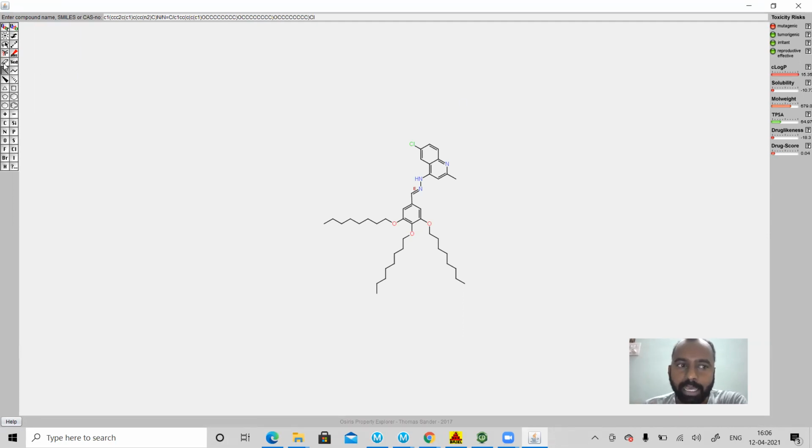So here you have an eraser. You simply remove all the parts which are probably or maybe causing certain teratogenic properties, and by doing so you can see what changes you are getting in your side panel. Now this is your panel. You can see what changes you get simply by changing your structural inputs. So once I do this, see, now a few of my parameters, say solubility, have increased, molecular weight is under control, drug likeness is also very good, and the drug score.